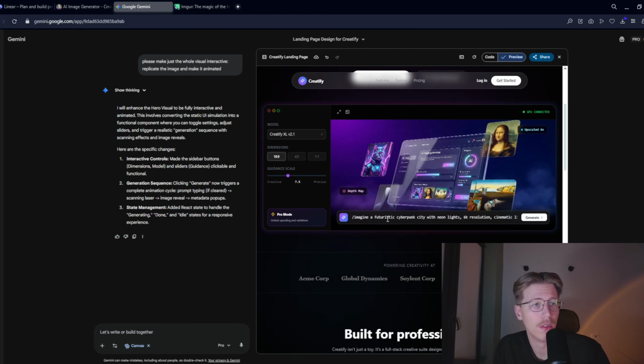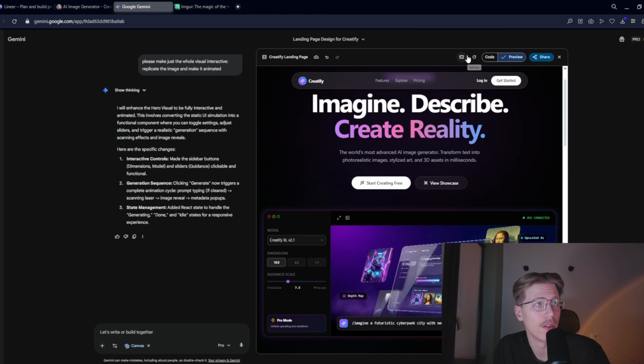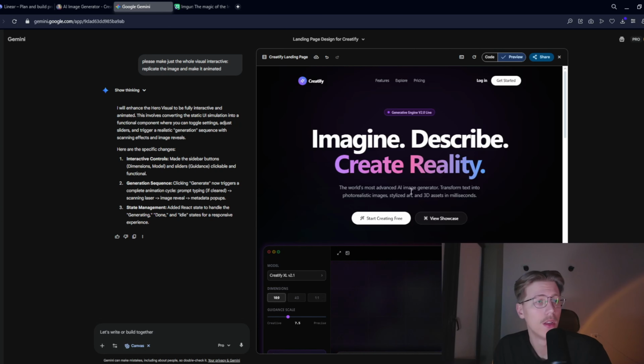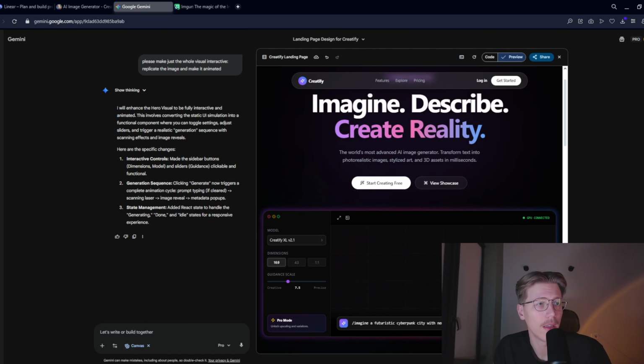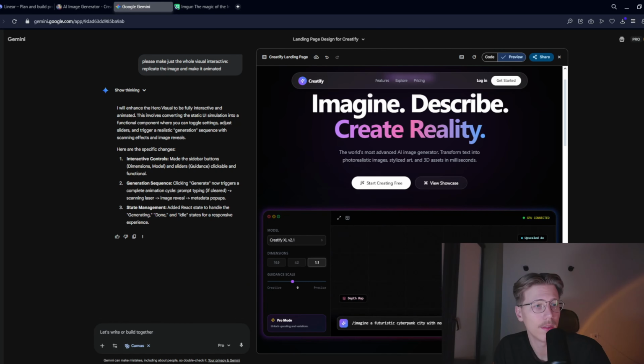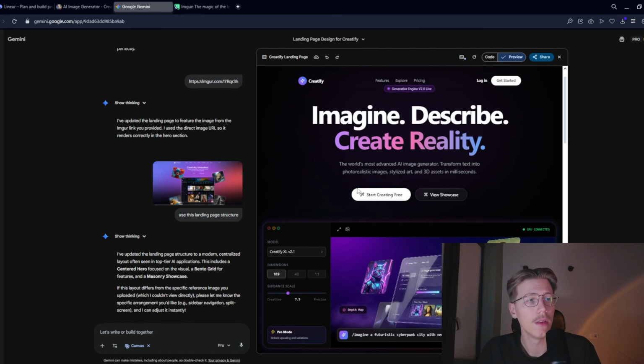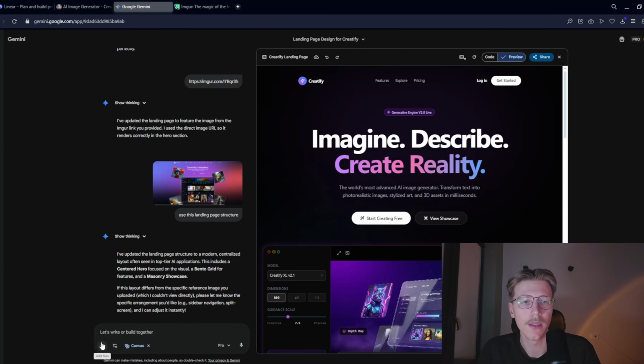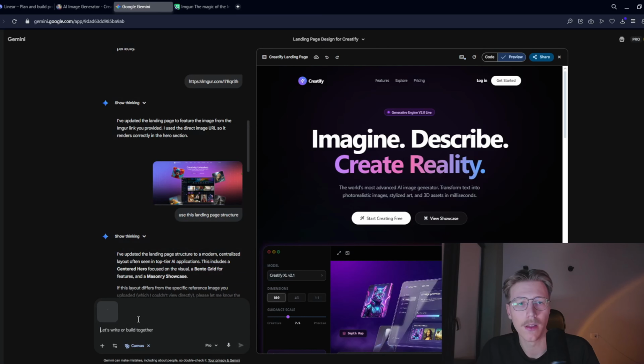So AI just done its job, and let's try to refresh the website. So when we come onto the landing page, it does look pretty interactive, I'd say. The effects are nice and we can toggle all of these things though. But that's not what we really wanted. So if you want this image to be a 3D, let's try just one more thing about it. So let's upload the file and let's say make a 3D